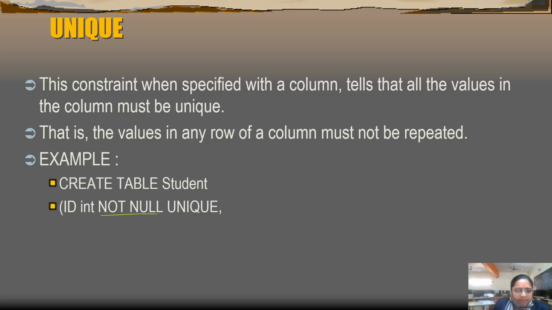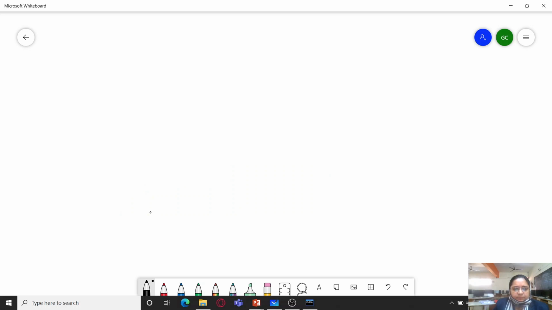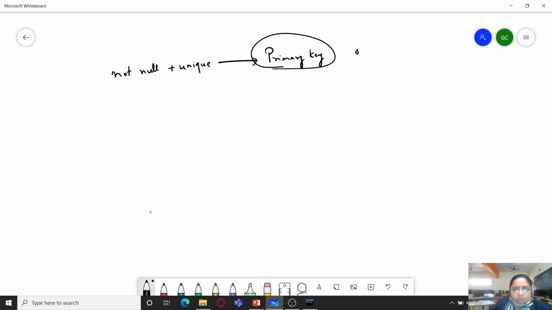Here you can see it is a merging of two different constraints. Now, for a combination of not null and unique, we can also use the primary key constraint. But the thing is, there could only be one primary key in the table.